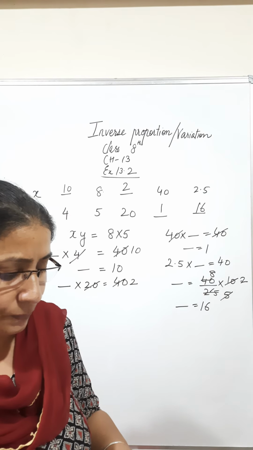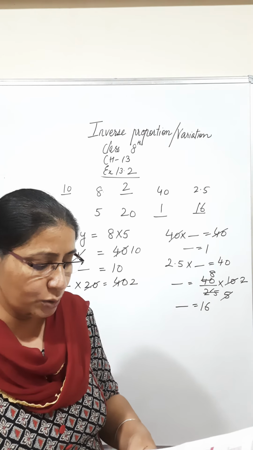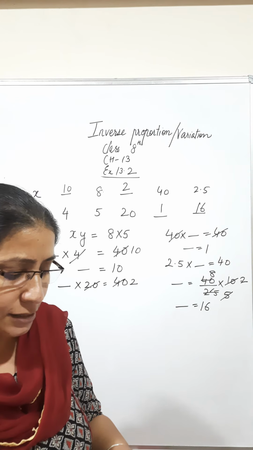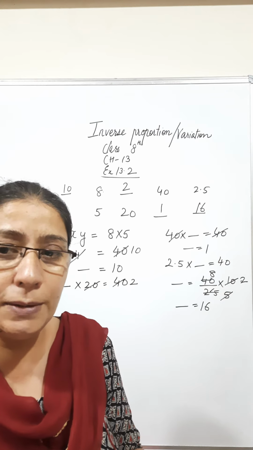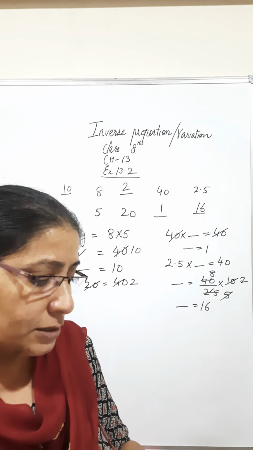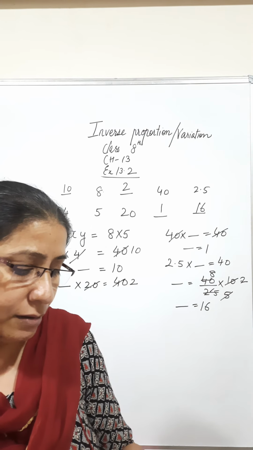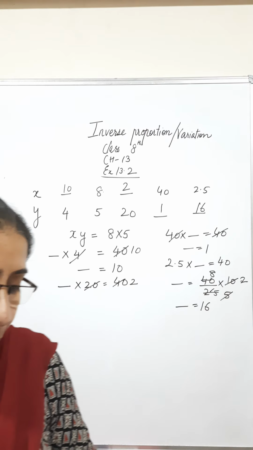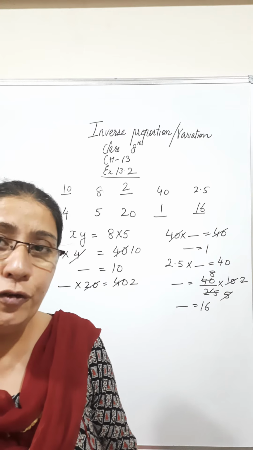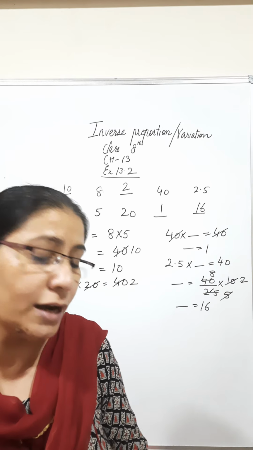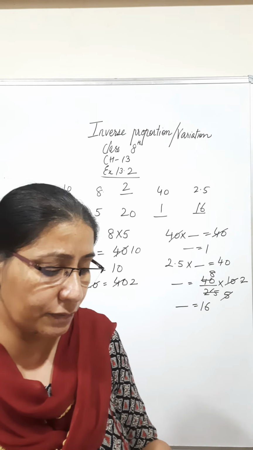Now in the third question, which of the following pairs vary inversely? The number of persons employed to construct a road and the number of days taken to construct it. Yes, if the number of persons is more, the days taken will be less. If the number of persons is less, the days taken will be more. Length of the journey by a train and the value of the ticket. This is not an inverse variation, because if you cover more distance, the amount that you have to pay for the ticket will be more. So this is an example of a direct variation.